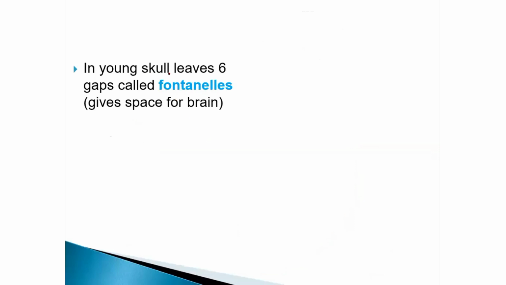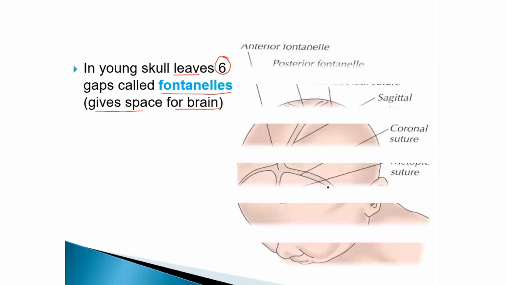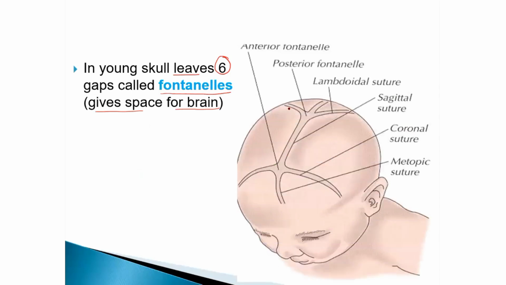In a young skull, basically how many gaps are left? 6 gaps. Very important question for NEET. These 6 gaps are called fontanelles, and these fontanelles give space for the brain to grow. So here you can see these are the fontanelles. So we can say 1, 2, 3, 4, 5 and 6. So there are 6 fontanelles present, called the anterior fontanelle, posterior fontanelles, and these fontanelles, most important, they allow the